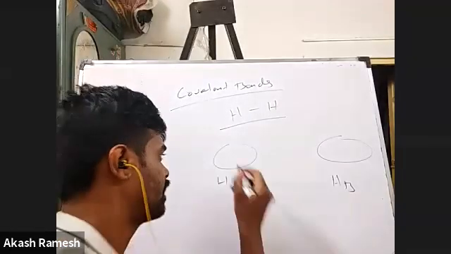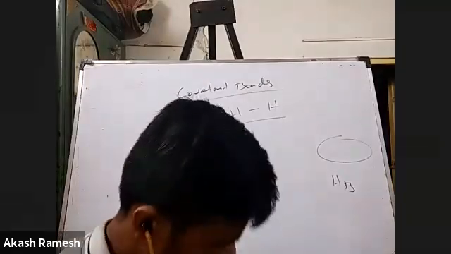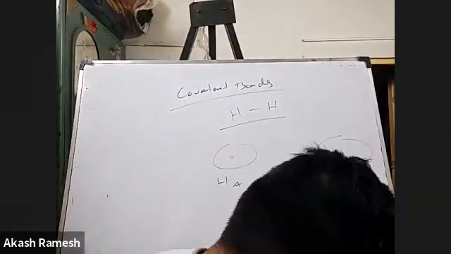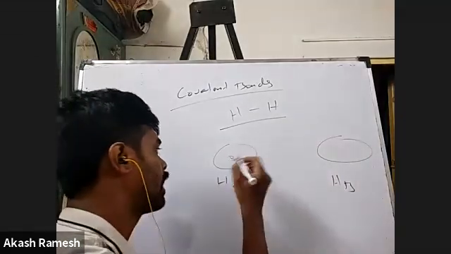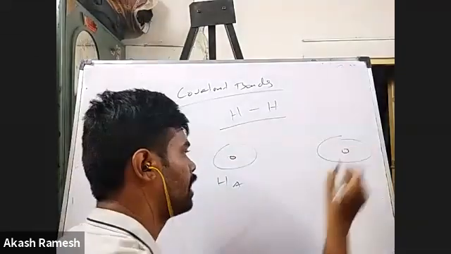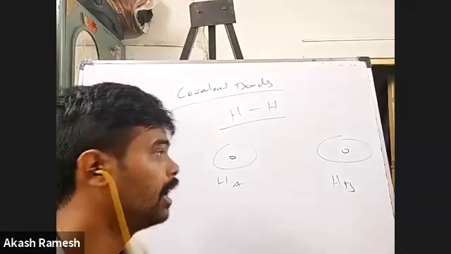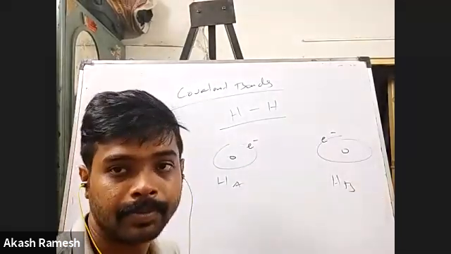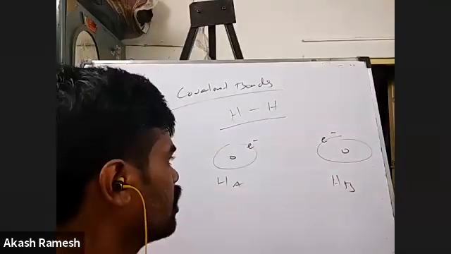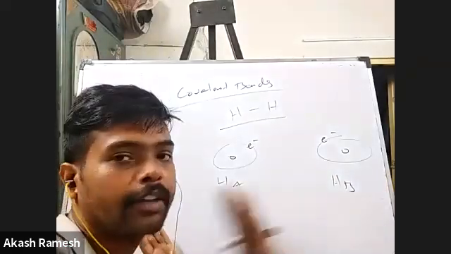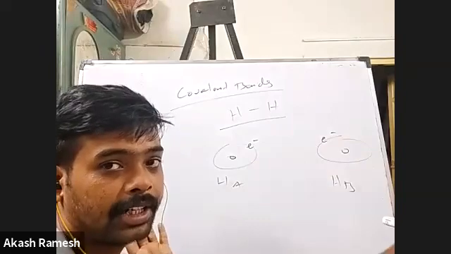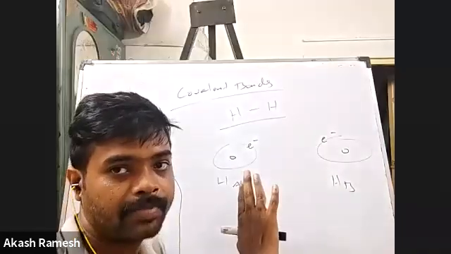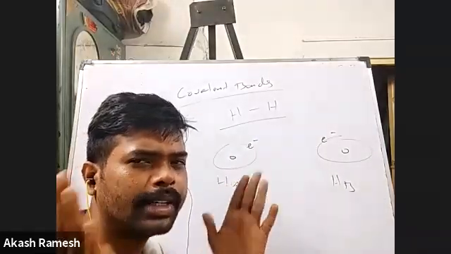So these two hydrogen atoms, both of them will have a nucleus, and in each of their valence shells I have one electron. When they are very far away from each other, when they are isolated, there is no interaction. Now when I bring them a little closer,